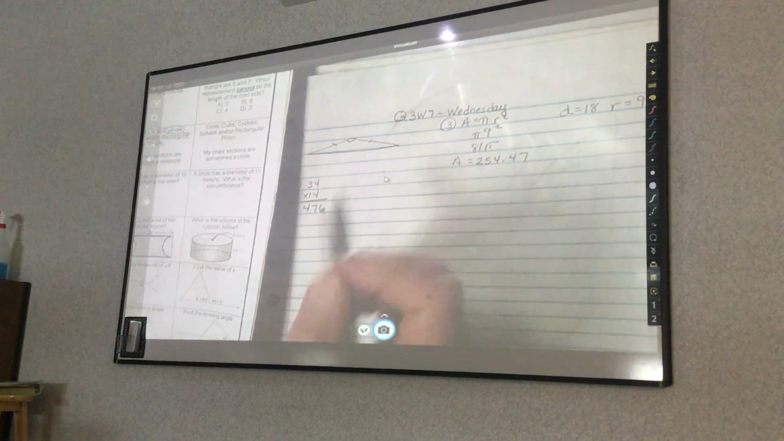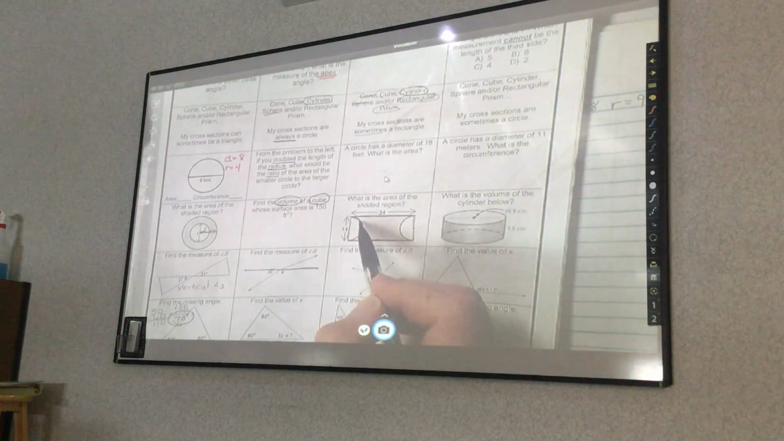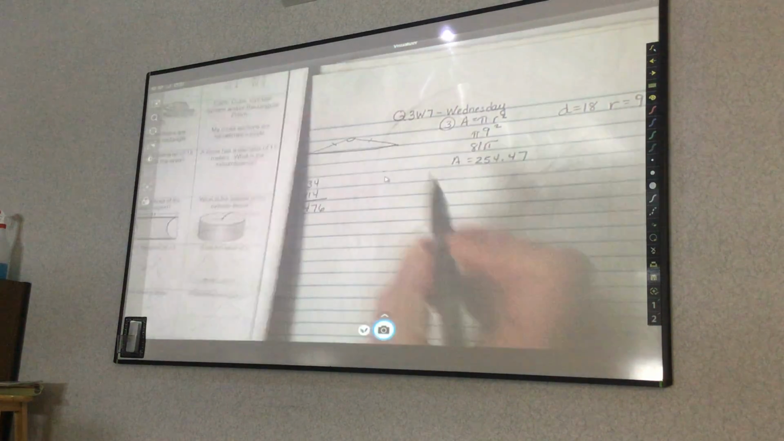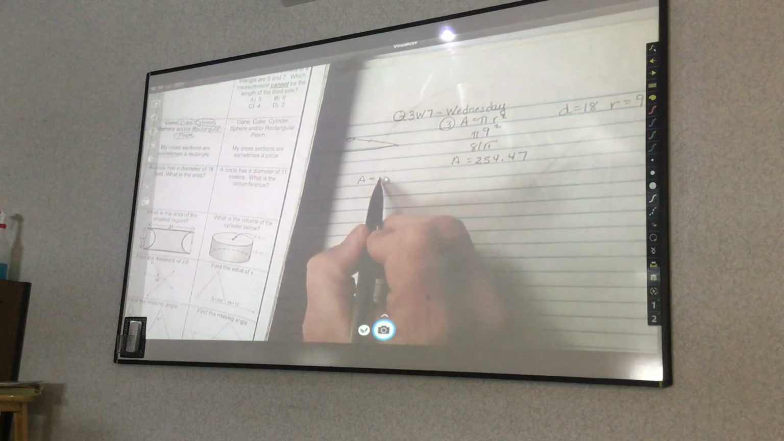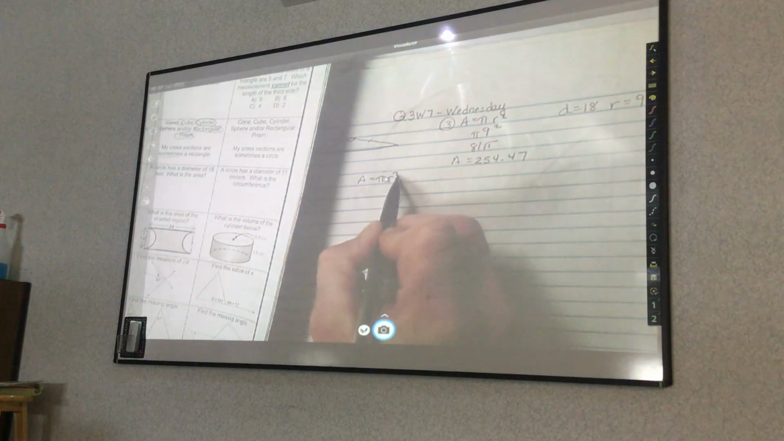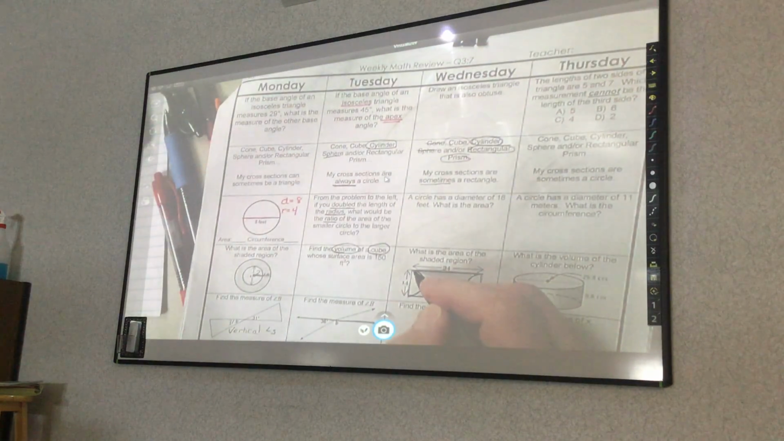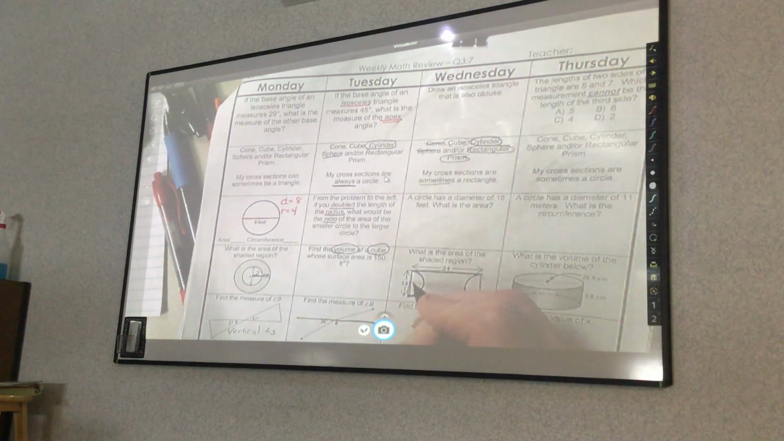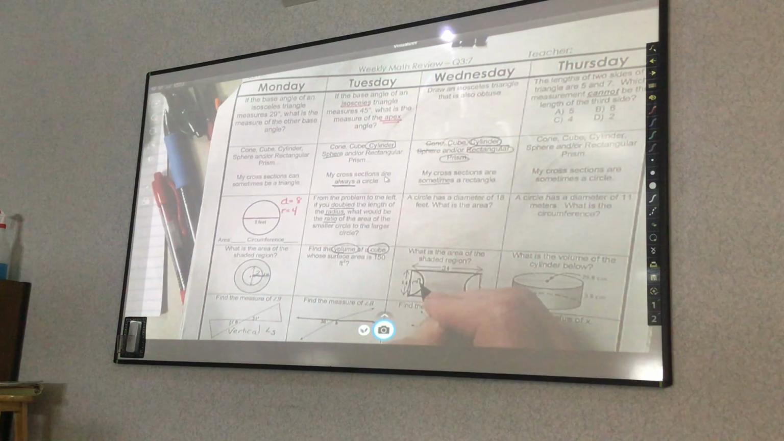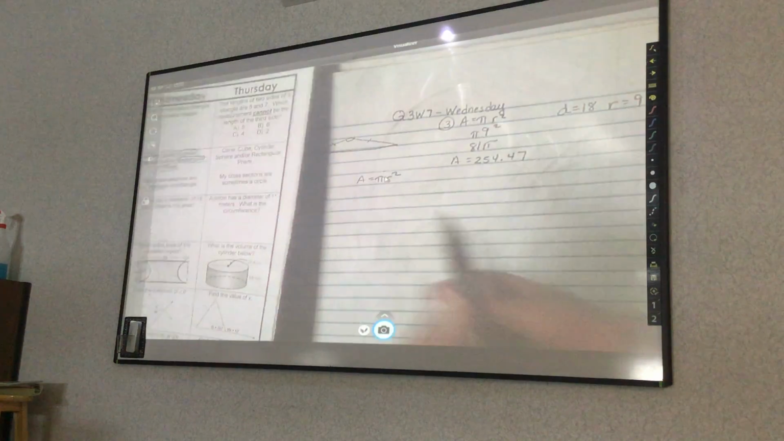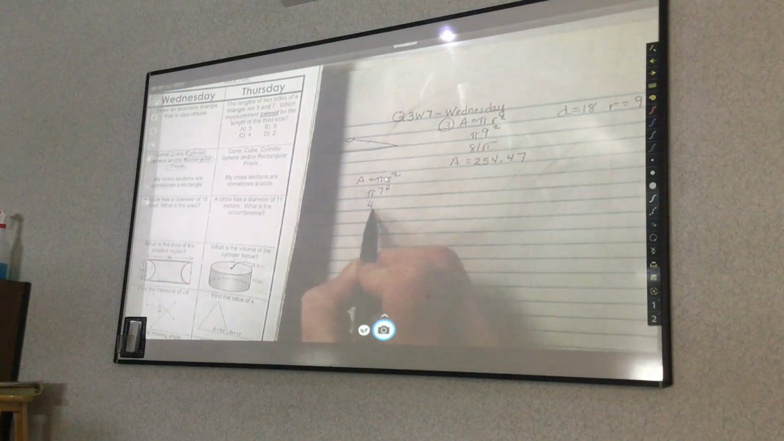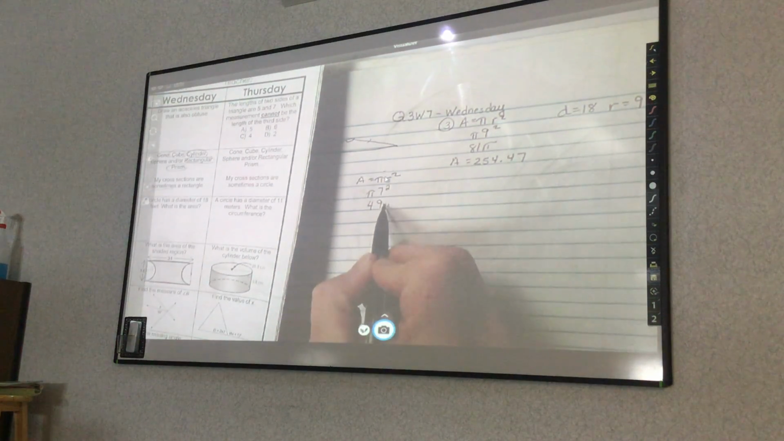Then I find the area of this circle. If this is half the circle, this would be the other half of the circle. So I just really need to find the area of one whole circle. And area is pi times the radius squared. From here to here is 14, so that's the diameter. So the radius would actually be 7. So I have pi times 7 squared, which would be 49 times pi, which is